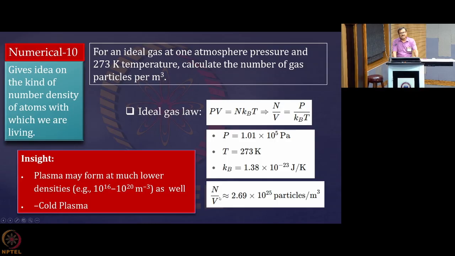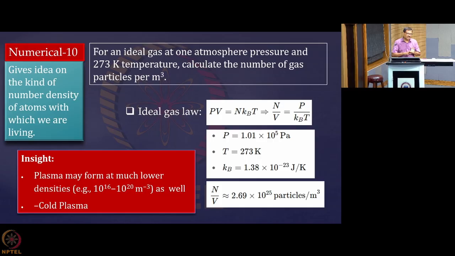Okay. So, you see the range: in the thermal plasma regime, you are able to get a density of the order of 10 to the 24 particles per meter cube. In the atmospheric pressure plasma jet regime, APPJ, you are getting a number density of the order of 10 to the 20 per meter cube. And in low pressure plasma, you can get a number density around 10 to the 16 to 10 to the 17 per meter cube as well.